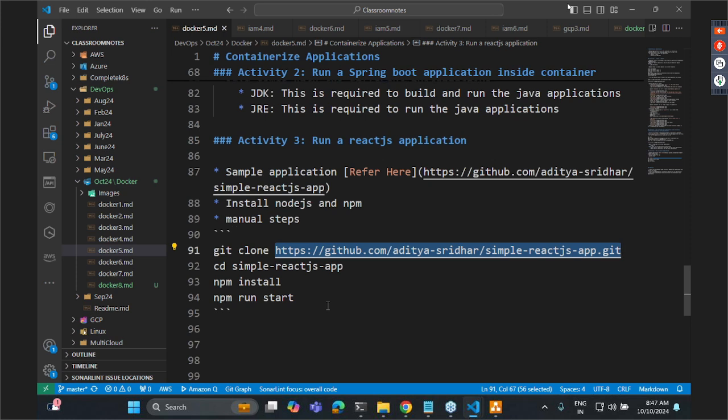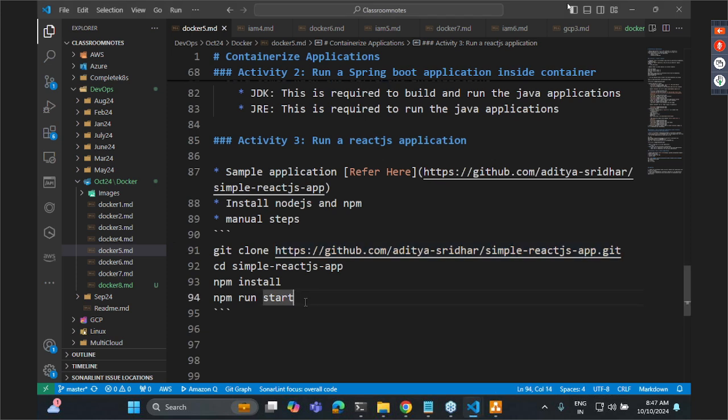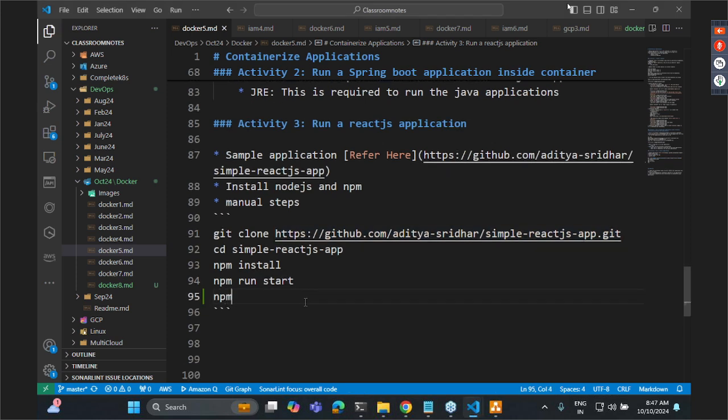What is a React.js application? It is a front-end application. Any front-end application will have only three things. What are they? HTML, CSS, and JavaScript. For running that, do you agree that Nginx is enough? And can I get an Nginx slim version? Yes. So after I do this, if I execute the command npm run build,